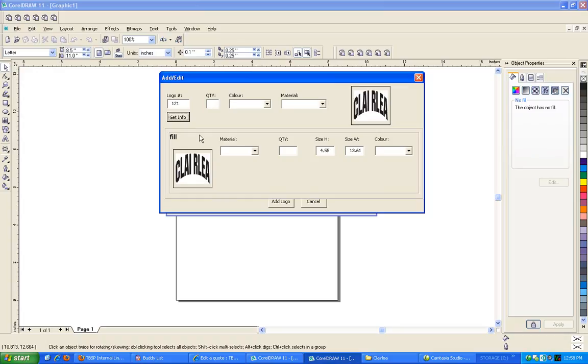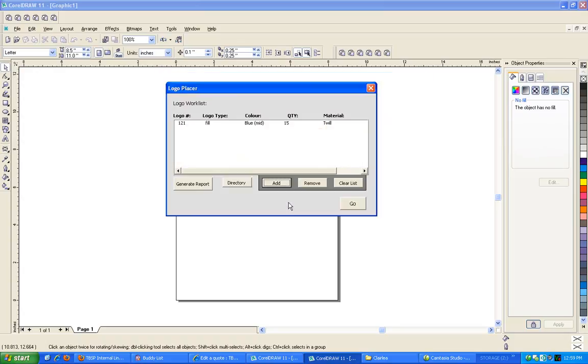This logo here is a one color logo. So what you're going to want to do is type in the quantity that you're going to be cutting. So let's just say 15, for example. The color, say blue, and material, let's say twill. So we're going to put that in here, 15, and the color blue. Now something you're going to notice is that it has the size here, so you just know generally how big it is. And then you're going to click Add Logo,